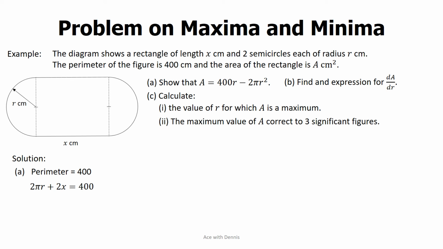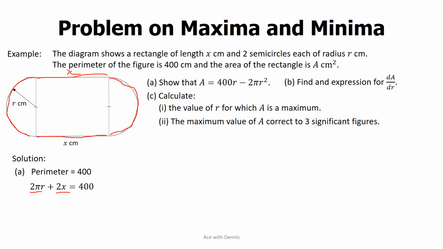So 2 pi r is the circumference of a circle, which is this semicircle and this semicircle. So they form a complete circle. Then for 2x, this length is x and this length is x as well. So the perimeter becomes 2 pi r plus 2x